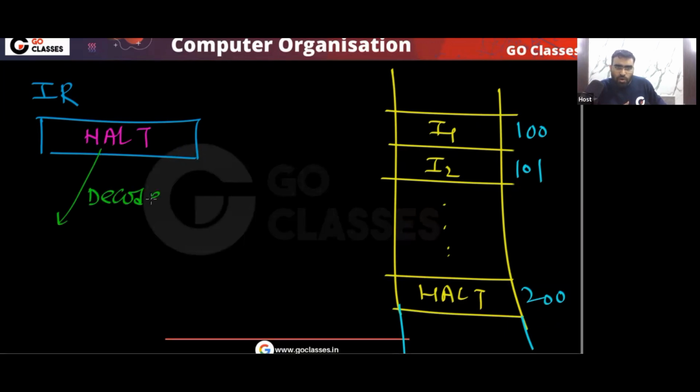But when we decode, what will we see? The control unit will see that, okay, this is a halt instruction. So now what will the control unit do? It will stop the clock, or I can say it will stop the program execution. Now remember, after this, no further execution will happen. When you decode and find that this is a halt instruction,